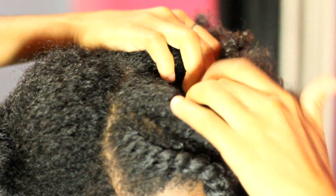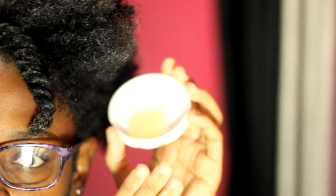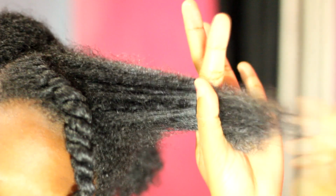As you can see here again, I'm just using my fingers to part it because I don't want to use a comb because that will get the part too neat and it will be too hard to come out. And you don't want your parts to be neat. So I added my moisturizer, and then I added the gel and finger comb it through,